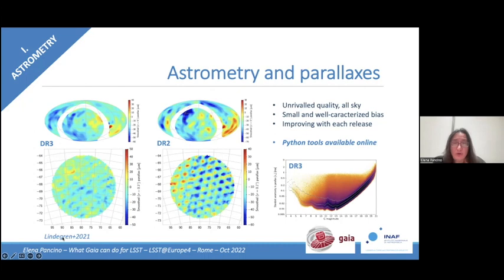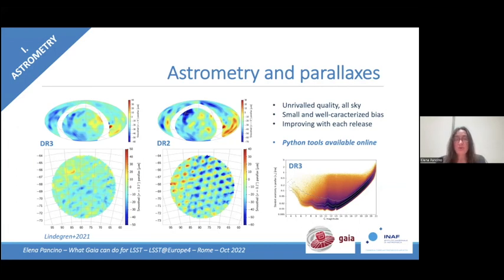But what I wanted to focus on in this only slide dedicated to astrometry is that some people, especially the ones studying distant objects, have shied away from using distances derived from Gaia parallaxes because of the systematics. What I mean is that they are called bias in general. So you know that Gaia is the only all-sky space mission of very high quality that does absolute astrometry, right? And doing absolute astrometry, of course, there are biases, but these biases are well known and quantified.